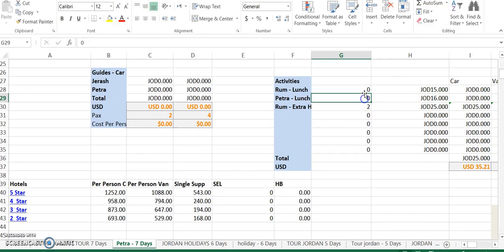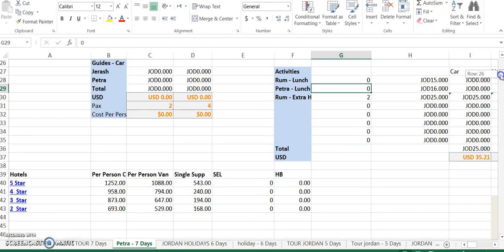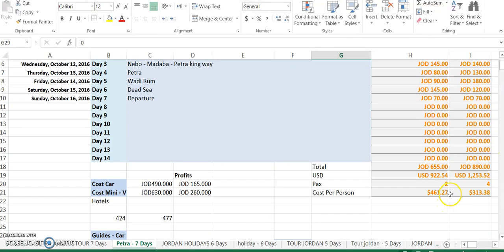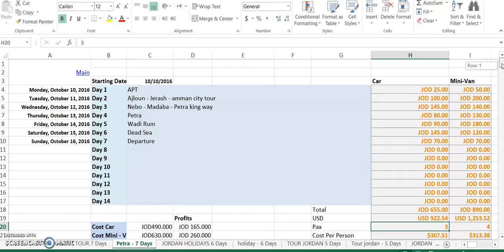Okay, the lunch and other extra activities will be determined here. If the customers require it, then we're going to have to check it, mark it as so. Okay, let's say we are fixing this trip for 3 people, so I'm going to change it to 3. And the cost is reflected here, 922 for all these 7 days, including transportation and other things that are included